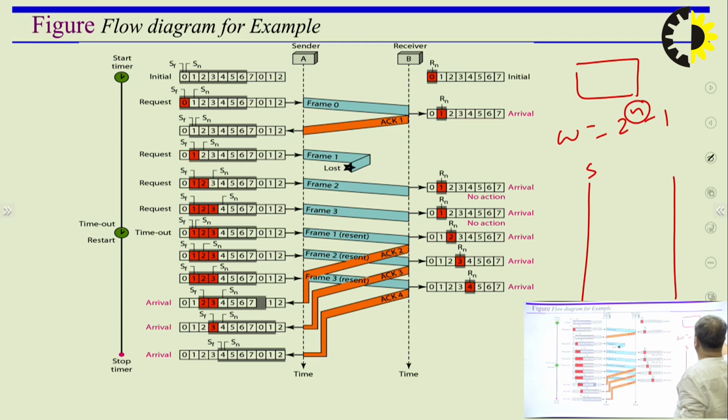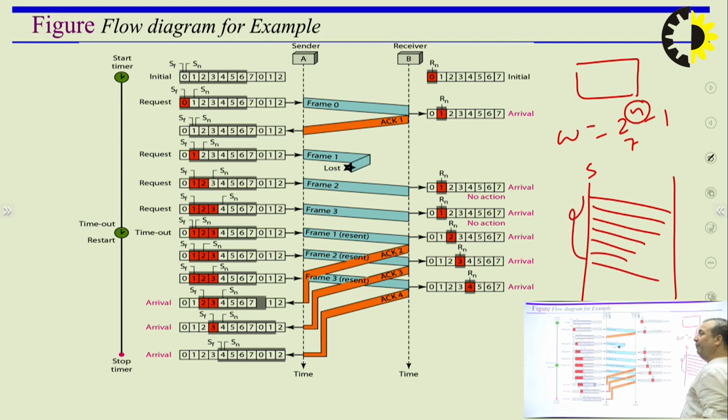3 bits are required to represent the sequence numbers. So using 3 bits, there could be 8 sequence numbers, 0 to 7, but the window size will be 2 to the power n minus 1, which means it will be 7. This means frames 0, 1, 2, 3, 4, 5, 6 could be sent at a time without waiting